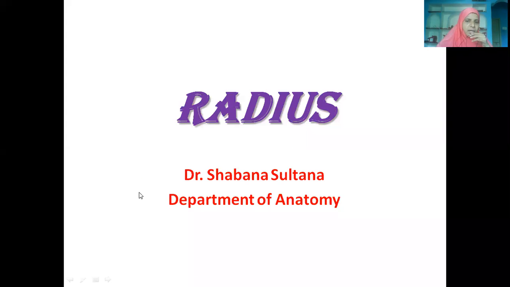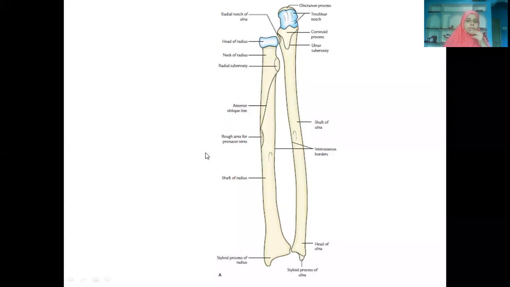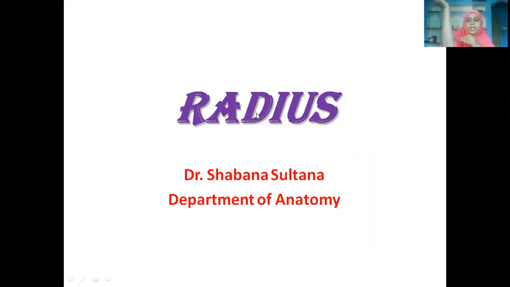So we'll discuss the radius first. Basically, you should know the bony features before we go with any other thing. Like any long bone, what are the things I asked you to remember? Is the radius a medial bone or a lateral bone? It is one of the bones we find in the forearm. So in the forearm we have two bones.